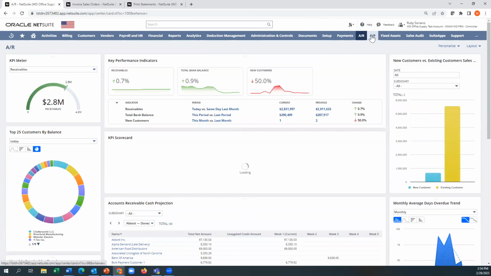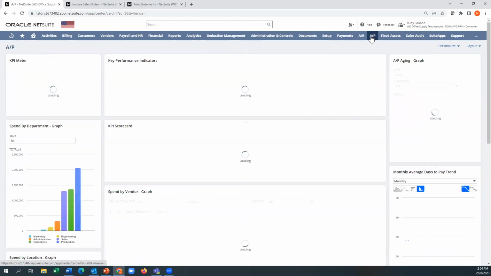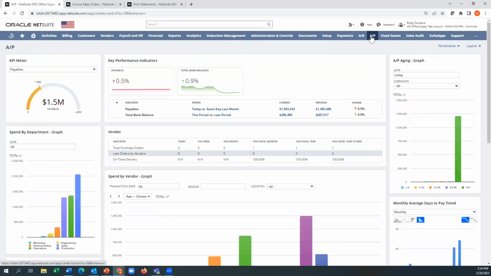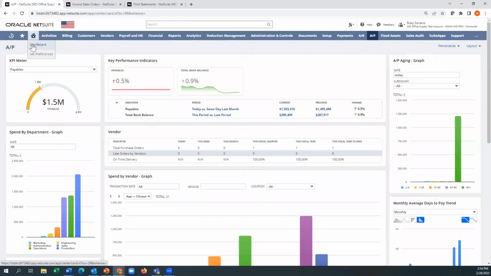These are all secondary dashboards linked to the button that I'm pressing. There's a full fixed asset module as part of NetSuite as well. And if I hit the dashboard button, that takes me back to the front.